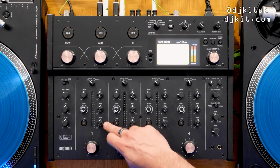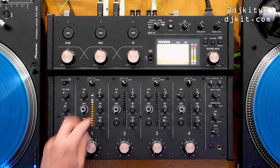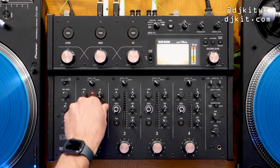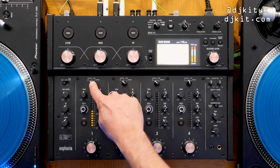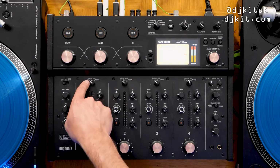So then moving up here, you've got the 3-band EQ, which is -26 and +6. So you've got your low, your mid, and your high. And then above here, you've got your channel sort of line switcher. So you've got laptop. I'm currently using this with Serato DJ Pro, which is mad enough that, you know, I